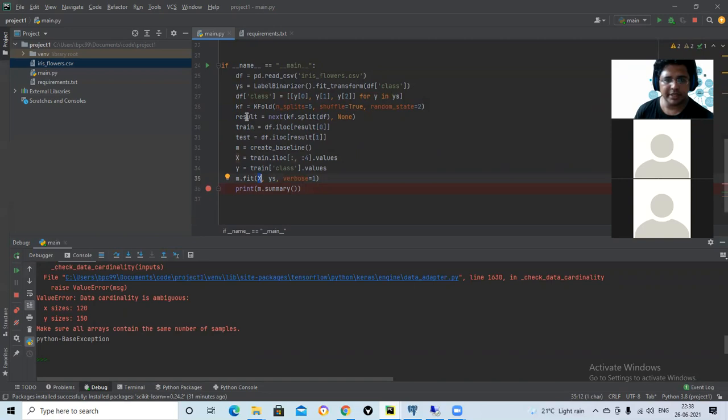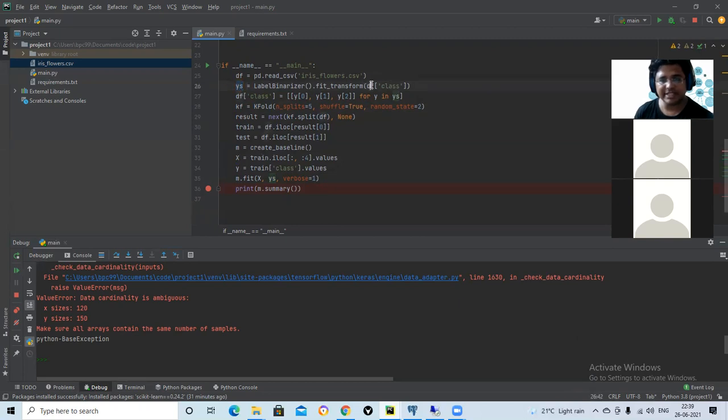We did a k-fold splitting of the total data, and we got X as 120 and Y as 30. Now I am using YS directly as Y, because the binary part is already there. But how many data are there? 150.